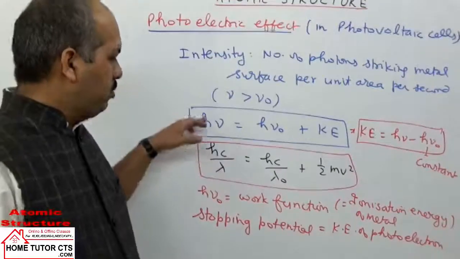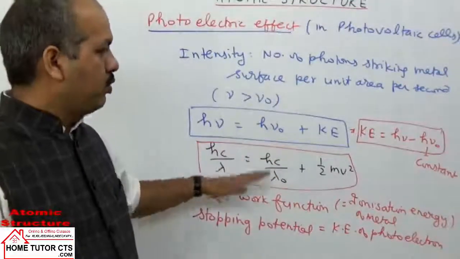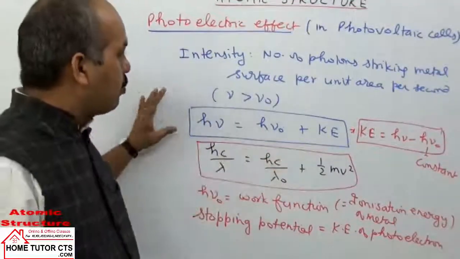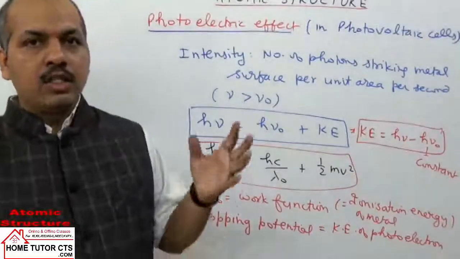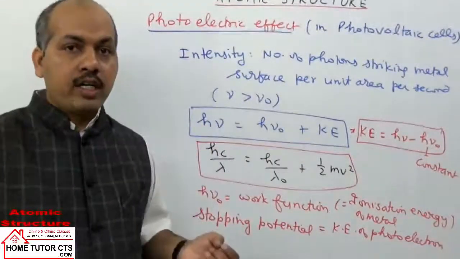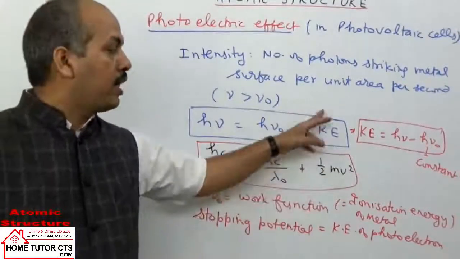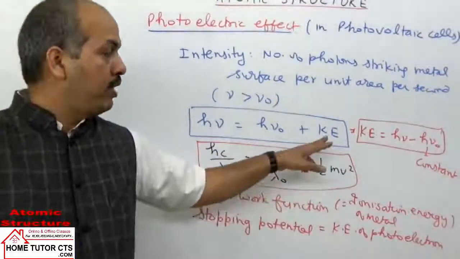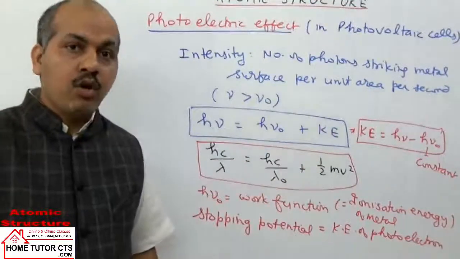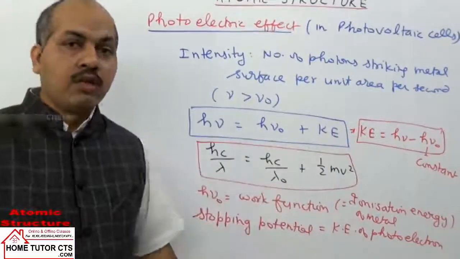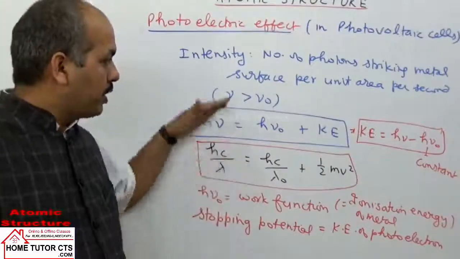Sometimes in questions, lambda can be used in place of frequency. So you can see the question and use the basic equation as per requirement in solving questions on the photoelectric effect. Questions ask: find the threshold energy, find the frequency of incident photons, find the kinetic energy of the photoelectron, or find the wavelength of the moving photoelectrons. For wavelength calculation we take the de Broglie equation, for photoelectrons ejecting with definite kinetic energy. That is a different kind of expression.